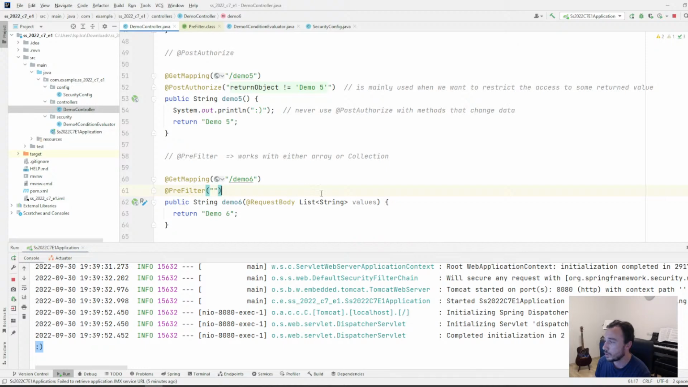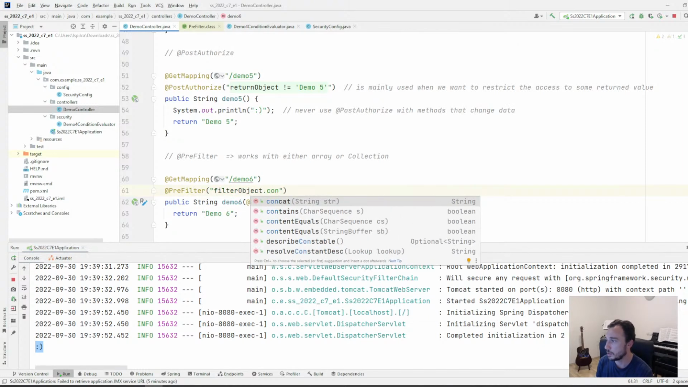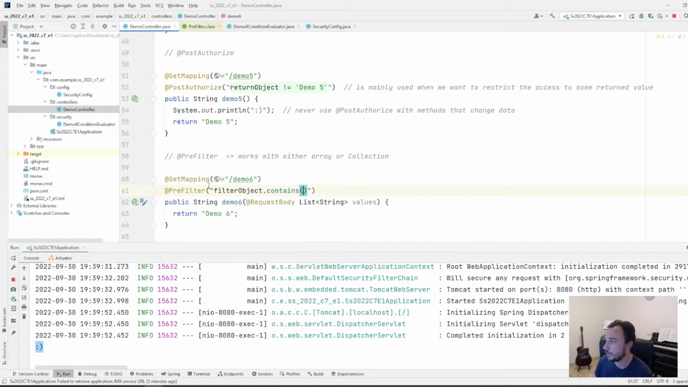Okay, and then what you do here, say, for example, filterObject contains, see? FilterObject will always be the value inside the collection. So in my case, because I have a list of strings, the filterObject is a string. So then I can say something like filterObject contains "a", and I think it's pretty clear what